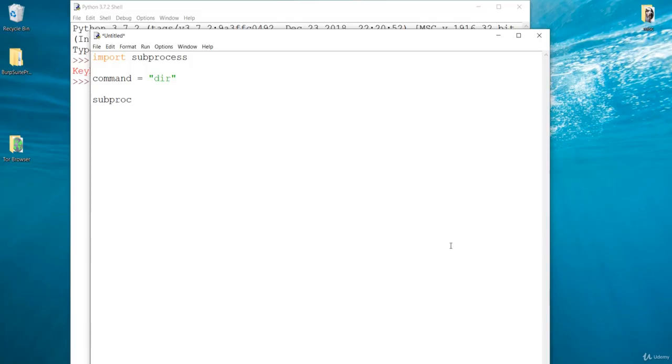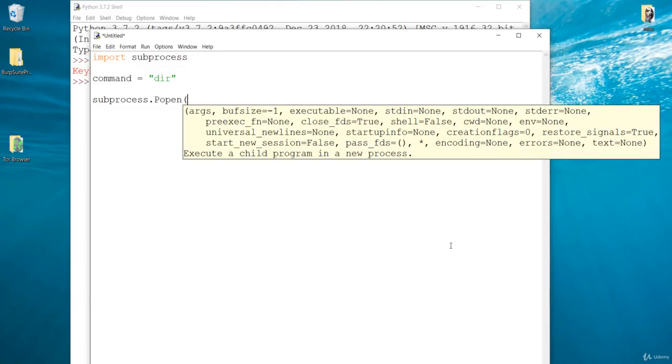Now let's make use of this subprocess module, and the method that I'm going to use is the Popen method, which we have used in the previous lectures many times. Here I want to pass the command that we want to execute, and it should be executed on this shell.